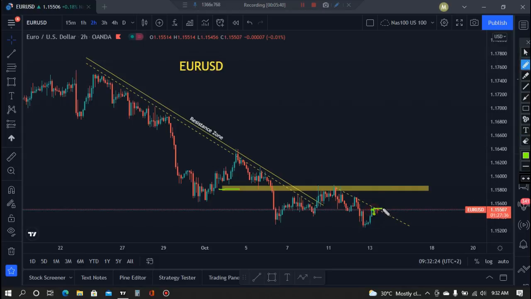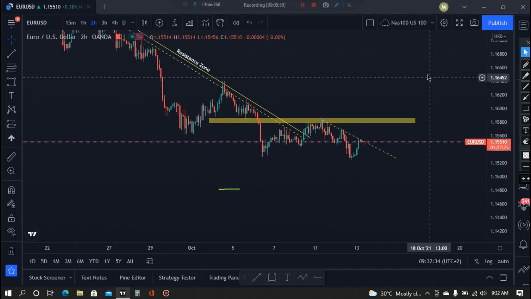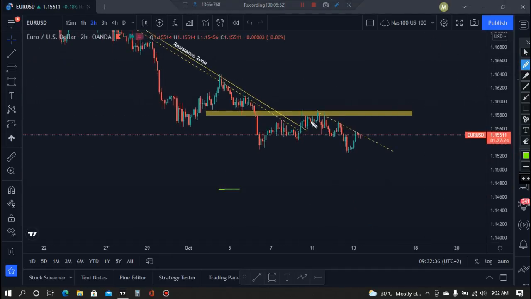Some will sell around this area, or the market is creating something like this. I start to see that the market can create something like this. Let me push this higher. You can see the market is creating something like this. So if you check clearly, the market is going to create something like, let me draw that,